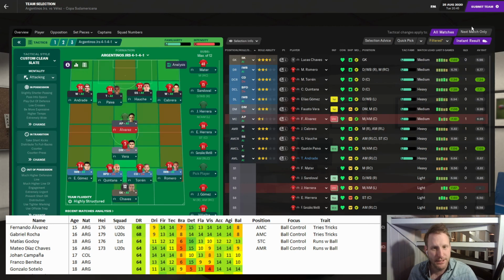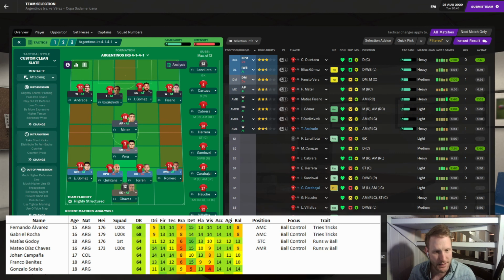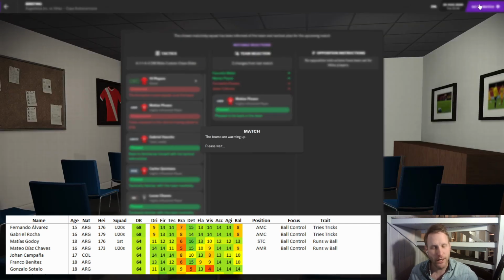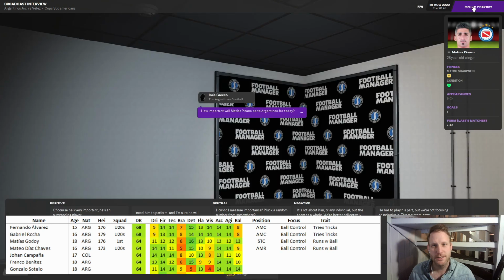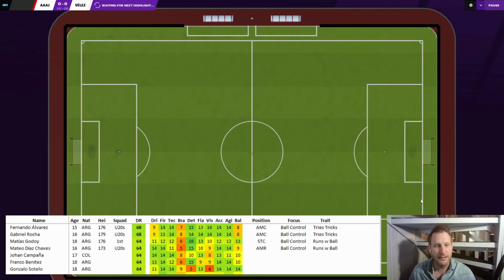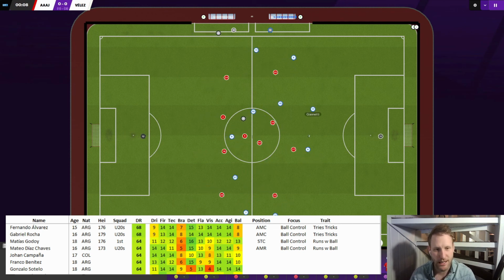Tactical meeting, team selection, let them decide. So, almost let them decide because I'm playing Aiva for every game, and I'm playing Hausche. And Torren is going to be the ball playing defender, so I didn't let him decide. So this is what we are going with. We need to turn this 1-2 loss around. Show who's boss. We have been looking very solid at home, so hopefully we can show who's boss here. Here we go. We are the favourites. And kick off. 4-1-1-4. Thiago Almada, let's kick him down.